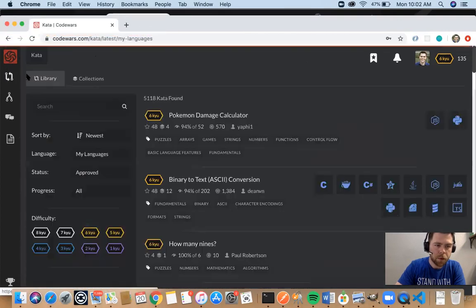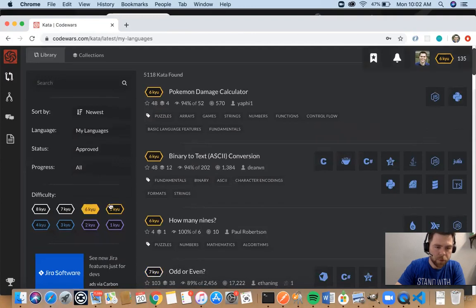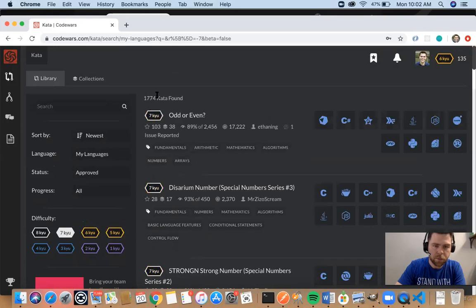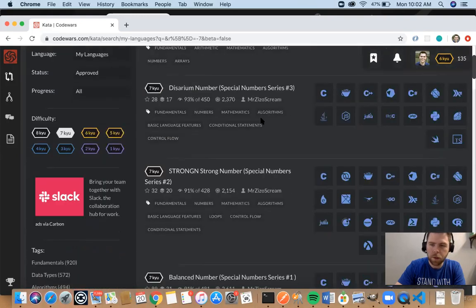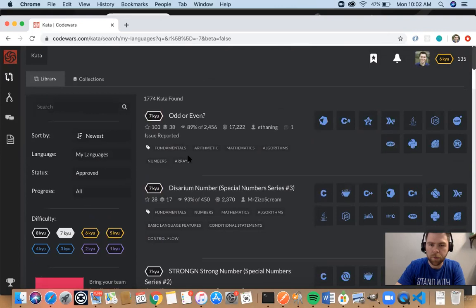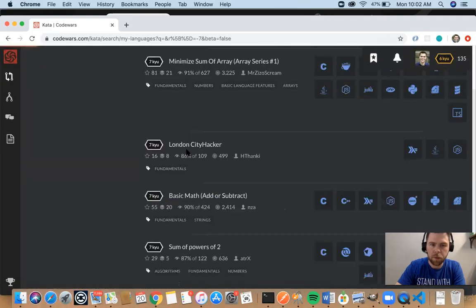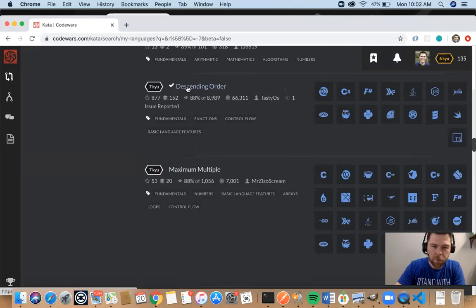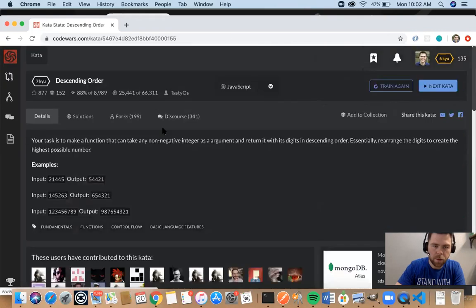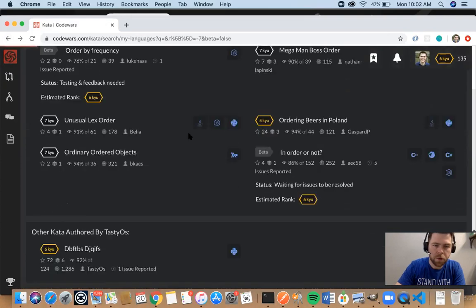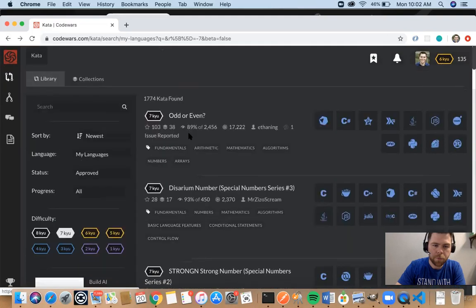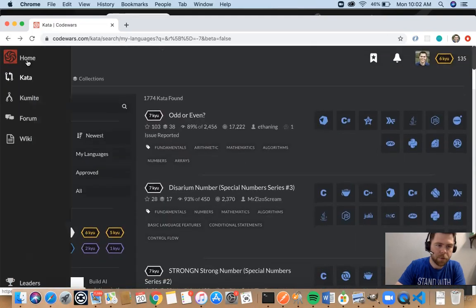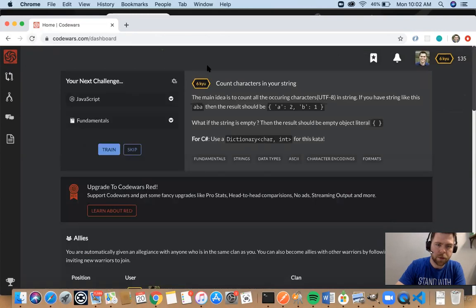I'd like to do a level 7 to start out with, just to get the brain working this week. I kind of want to pick it from random. Descending order. Oh, no, I did this one before. Actually, let's just try level 6 again.